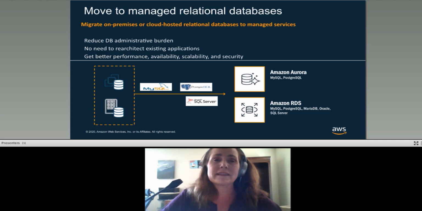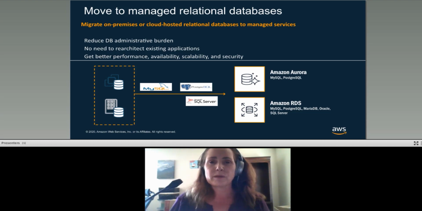But also, once you get that in the cloud, it allows you to do that on your time scale. And then you can usually get better performance, certainly better availability, scalability, and security, because when you're going to the AWS cloud, we've already set up a lot of those for you. So your security can be push button, and that encryption can be push button. You don't have to worry about setting all of that up and controlling all those different certificates